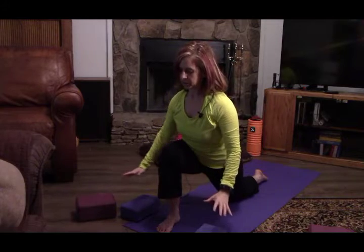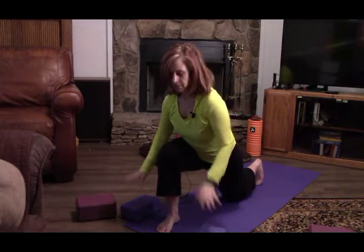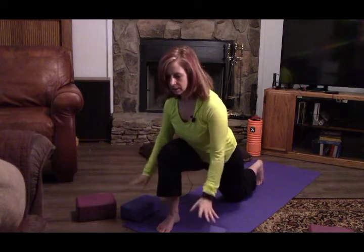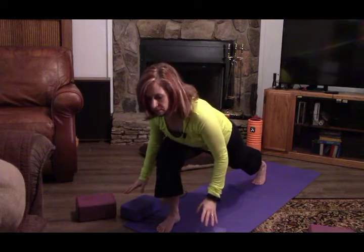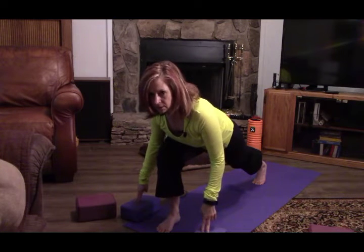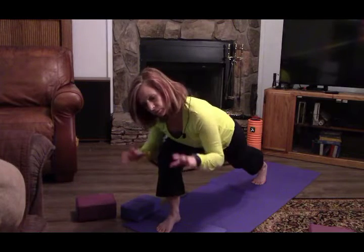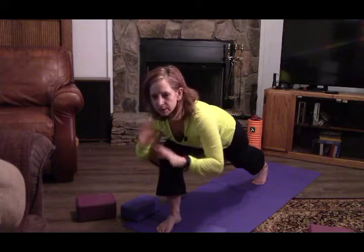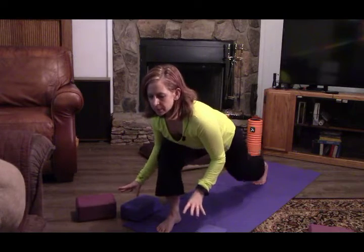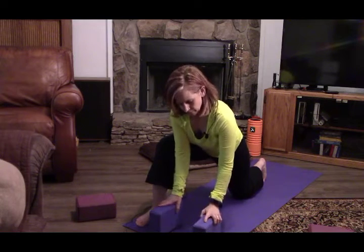So from here, let's see if we can come up. Now I'm not going to put my hands down, just to prove to you this is not the hands. So coming up, I could stay down. I can even touch the blocks, but no weight on the hands. See how hard this is? It's how normally we rely on the hands. The hands are always the grapplers, right? They're always doing things. Let's come back down, use the blocks, walk this foot out, and same thing,